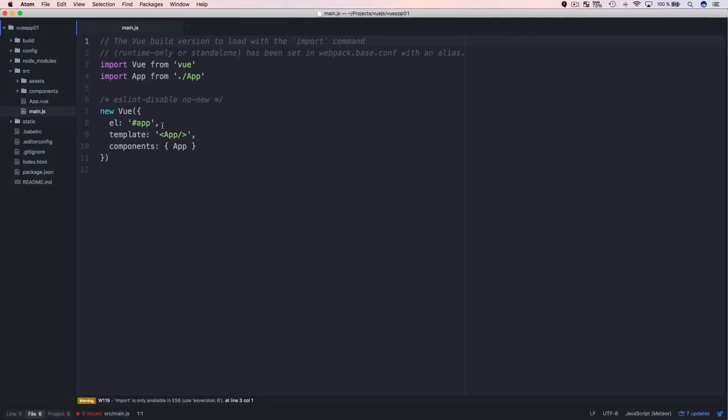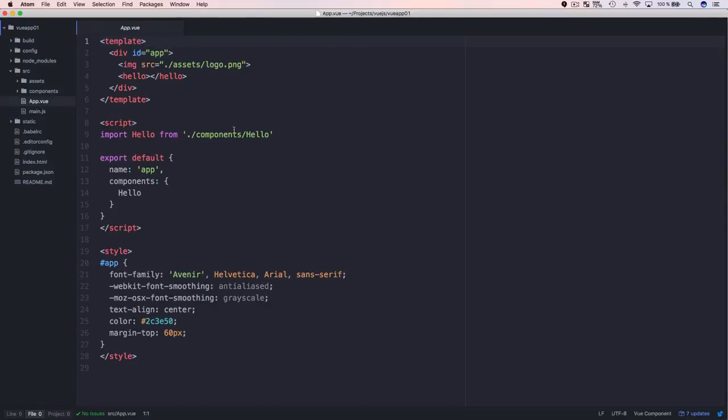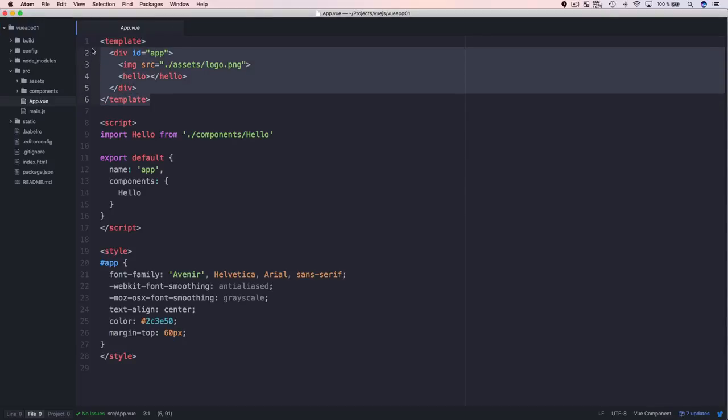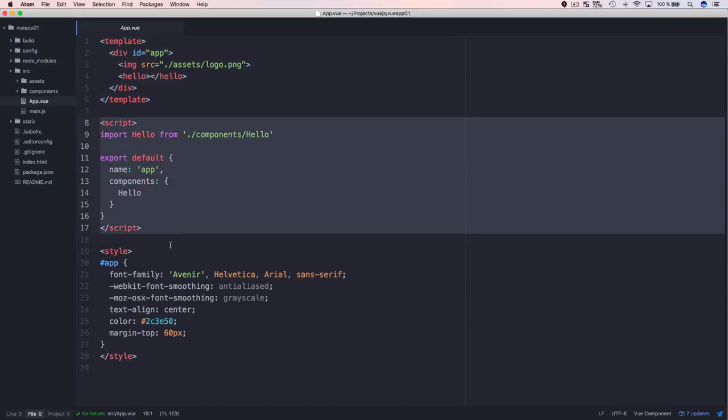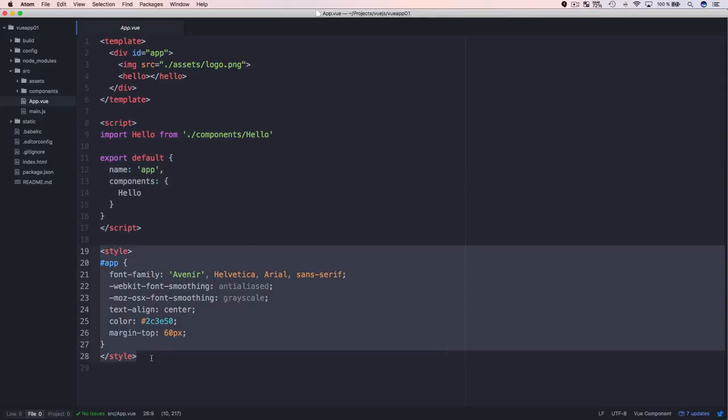Okay, so let's switch over to the implementation of the app component. The implementation is available in app.vue. Here you can see the complete implementation, and as in every Vue.js single file component, this file is split up into 3 sections. On top is the template section of the app component. Then we have a script section, and finally the style section containing CSS styling code